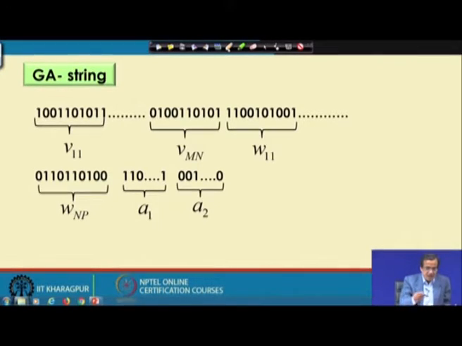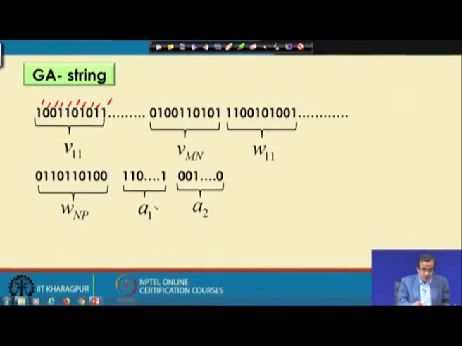For example, here I am going to consider 10 bits to represent each of the connecting weights, each of all the v values and each of all the w values. I am using 10 bits.